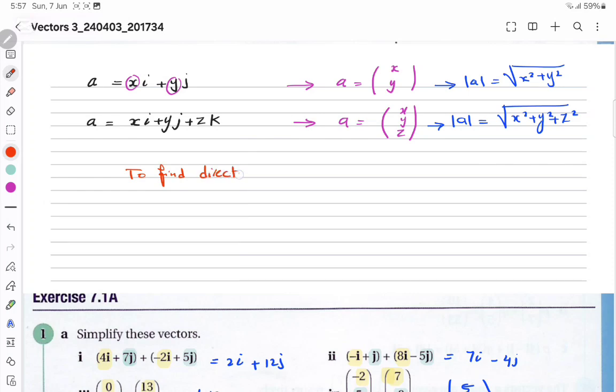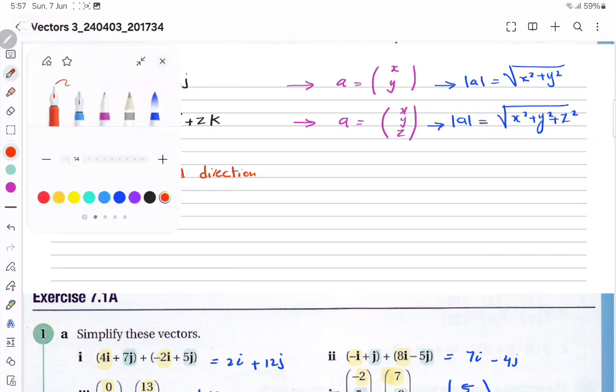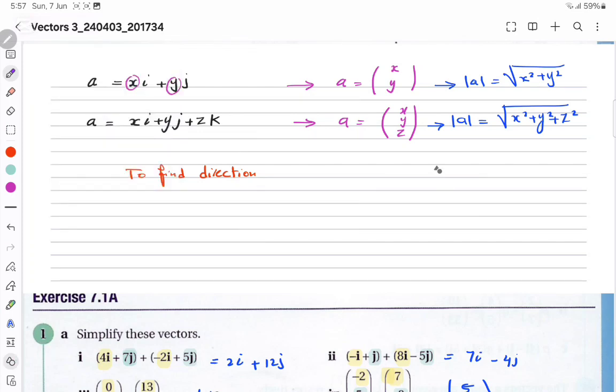the direction is the angle with the i. Why? Because in vectors, we denote x and y: x always takes the i component, and y will be j. And as you know, i is positive on the right, negative on the left; j is positive up, negative down. So if the vector has its position in the first quadrant,